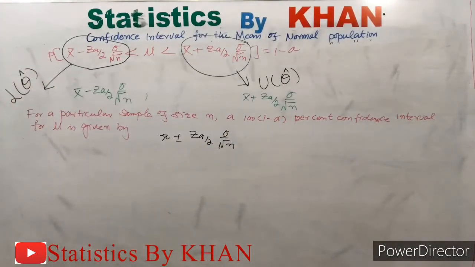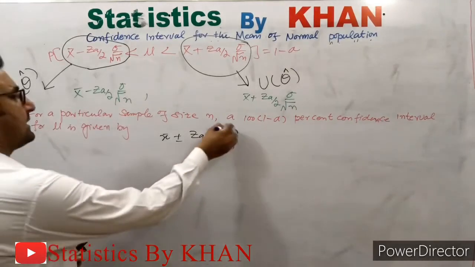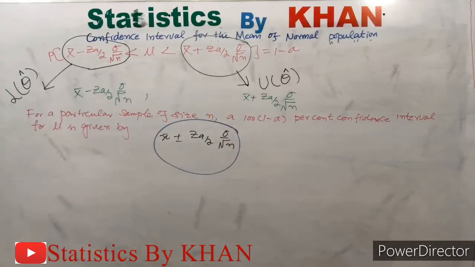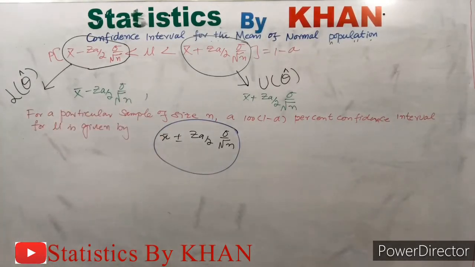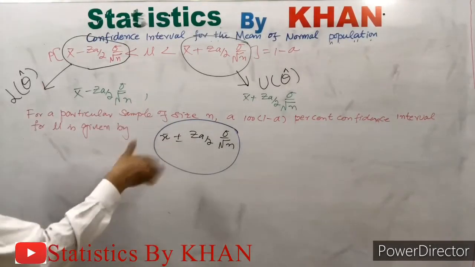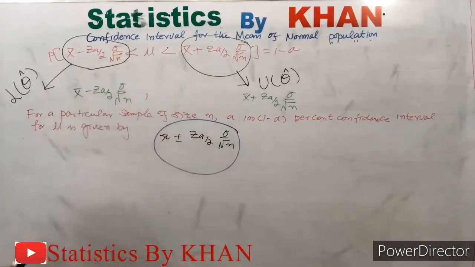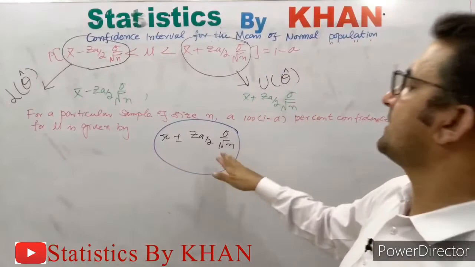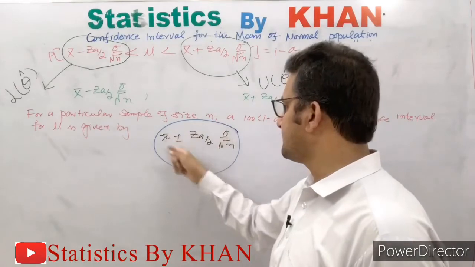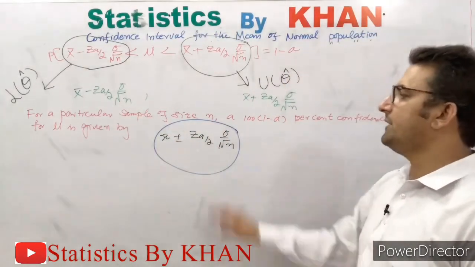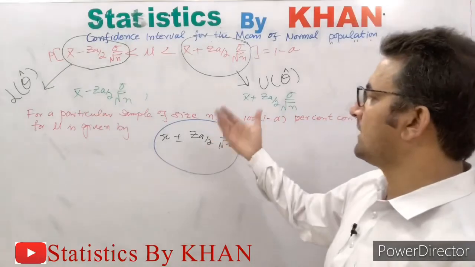Now, for the construction of confidence interval about the mean of the normal population, we need to remember only this expression, not all those derivations and steps which we have done for the derivation of this statement. If someone remembers this statement, he is capable of constructing the confidence interval for the mean of normal population. All these steps have been taken only to derive this statement. So this is the final statement, and we will use it for the construction of confidence interval for the